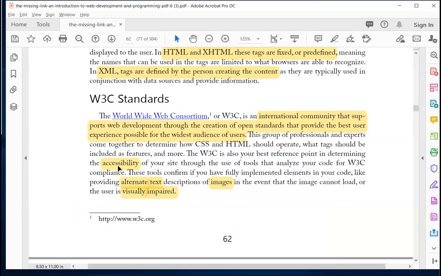All right, so I talked about accessibility. What exactly is accessibility? Well, we have to be aware of issues that people have. Nobody is perfect. So you might have an issue with your eyesight. Well, if you have an issue with your eyesight, how can you view the web page? Does that mean that you just can't view the internet? No, we need to have everybody with the ability to access